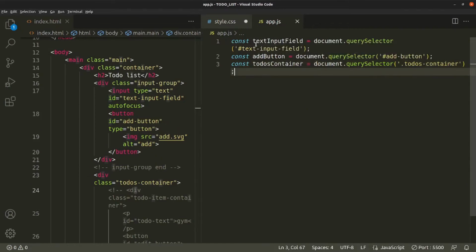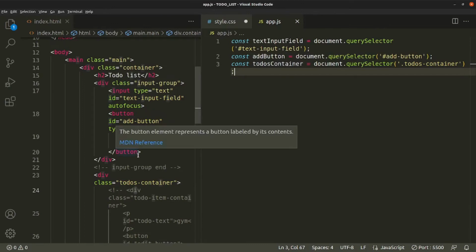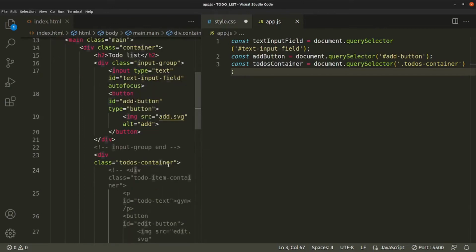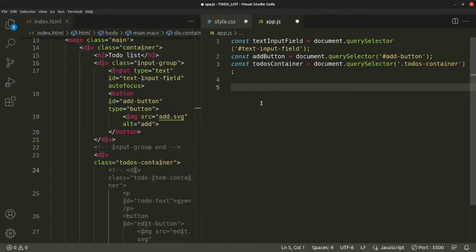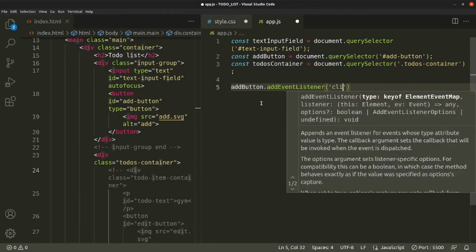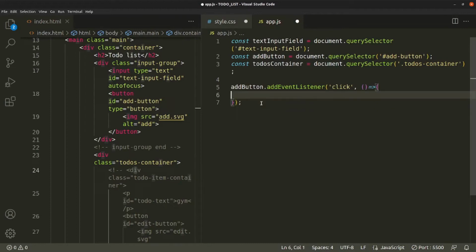Now we access the text input field, add button, and to-dos container from here. This one, to-dos container. Okay, first we'll write addEventListener for our add button. The event is click, and write a callback method. And inside this, first what we'll do, whatever text the user gives inside this text input field, we'll check whether it is